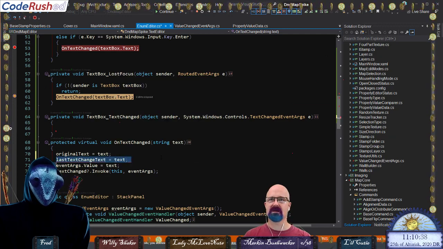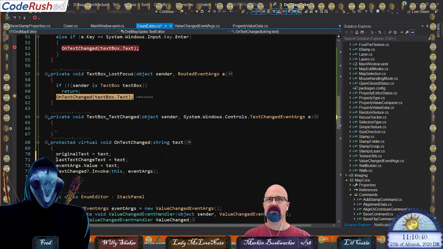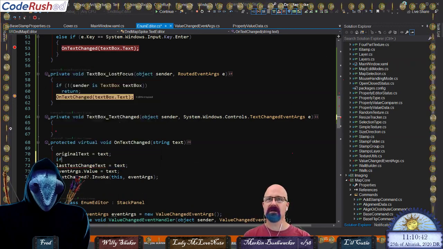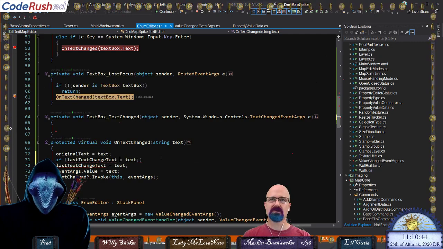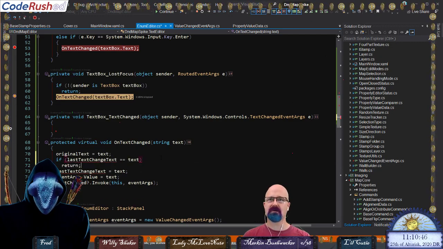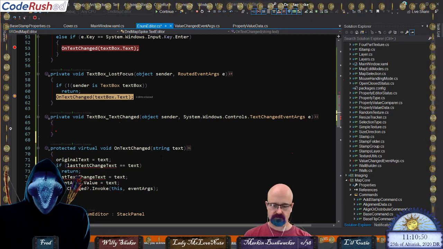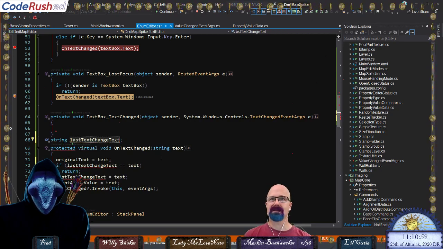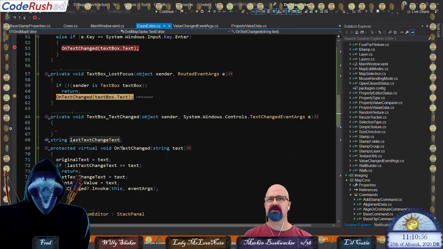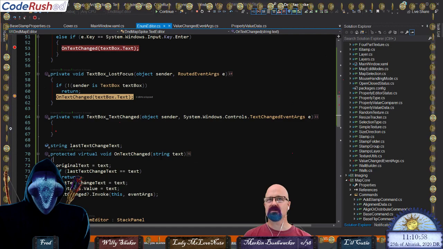Actually, I'm going to move this line of code down a little bit more. I'll just put it there. Now I'm going to say, hey, look, if text is equal to the last change text, then I'm going to return it. I'm not going to trigger the event. Put it right here, like that. And then that means we're not going to do a double trigger. I think that's safe to do,